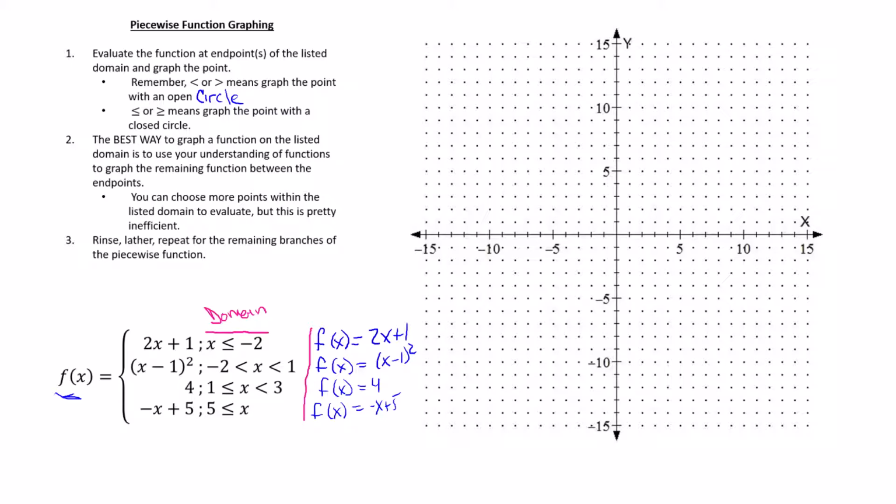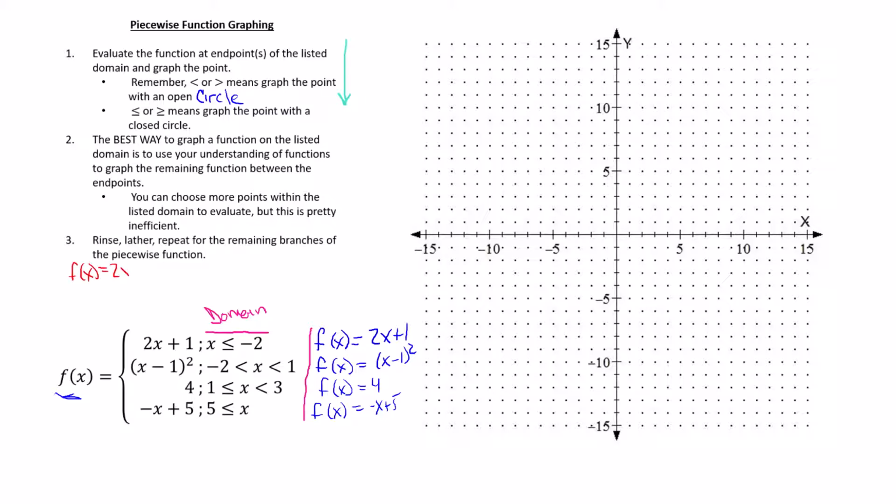All right, so to graph a piecewise function, there's a lot of ways to do them, but I think the best way is to follow these guidelines. So the first thing that you want to do is evaluate the function at an endpoint if possible. You can't evaluate it at infinity or anything like that, but just understand what happens as it goes off towards infinity, that end behavior. So if I look at this first function, f of x